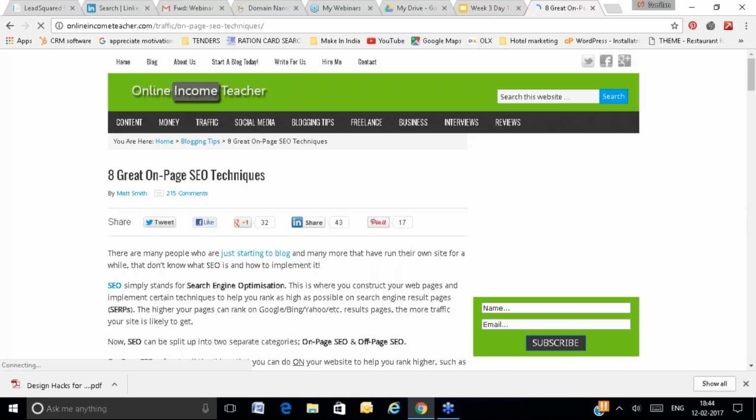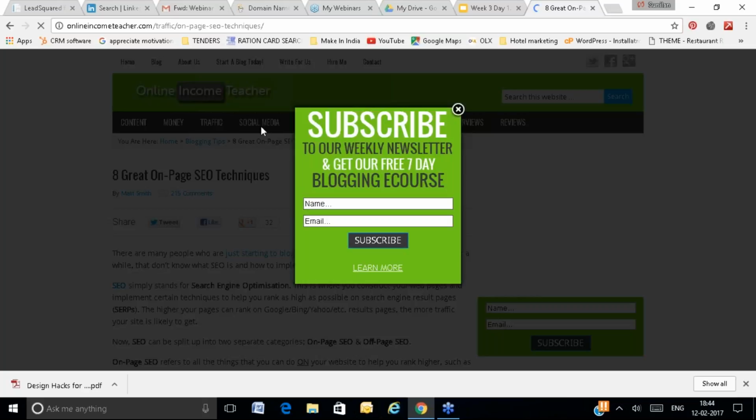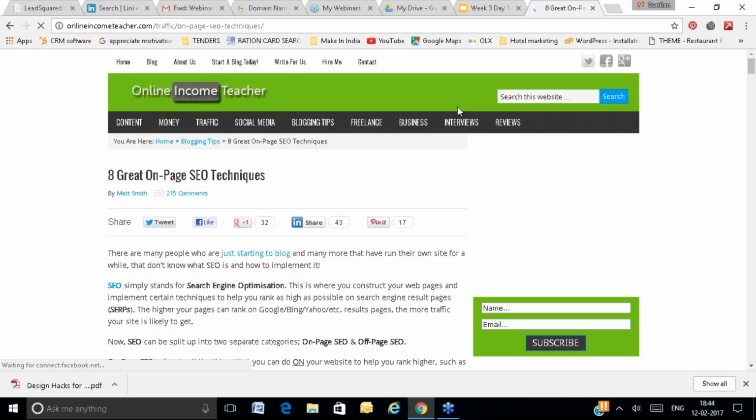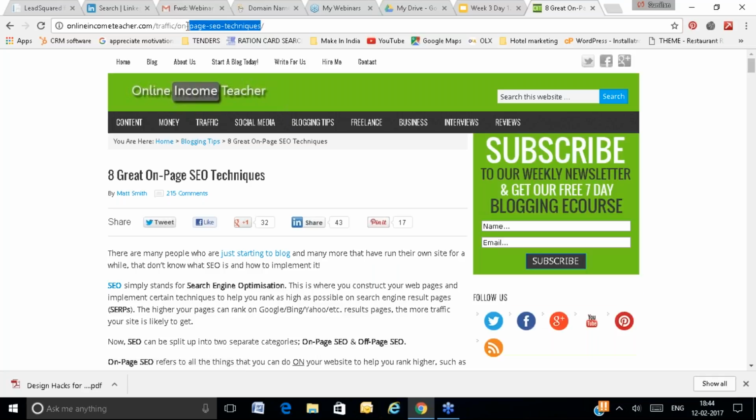On-page SEO is all the SEO effort, all the marketing effort, all the optimization effort which you do on your website. For example, this is the URL. Here they have used the keyword in the title and the keyword in the URL, which are on-page SEO techniques, right? Whenever you are creating the URL, you can use the keyword in it. So the presence of a keyword in the URL is an SEO factor.